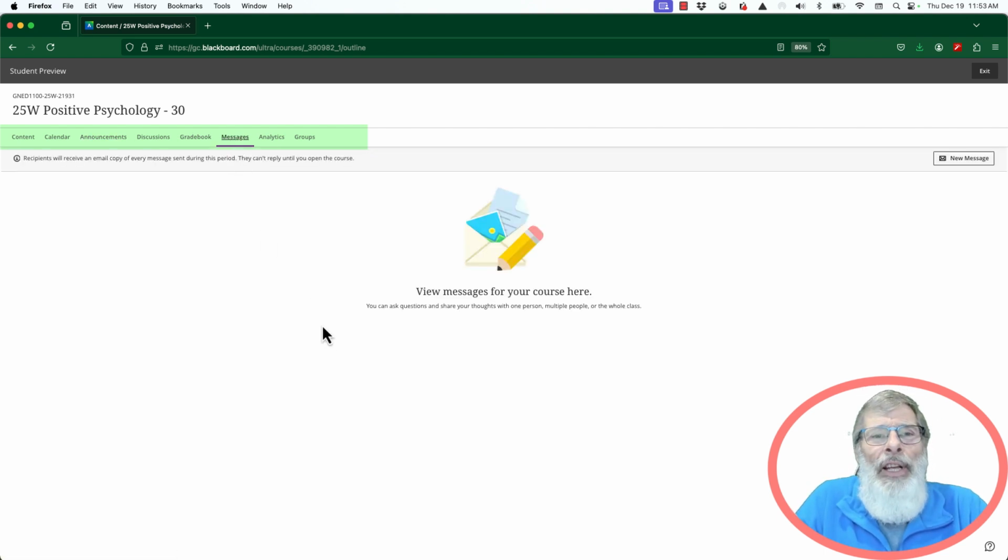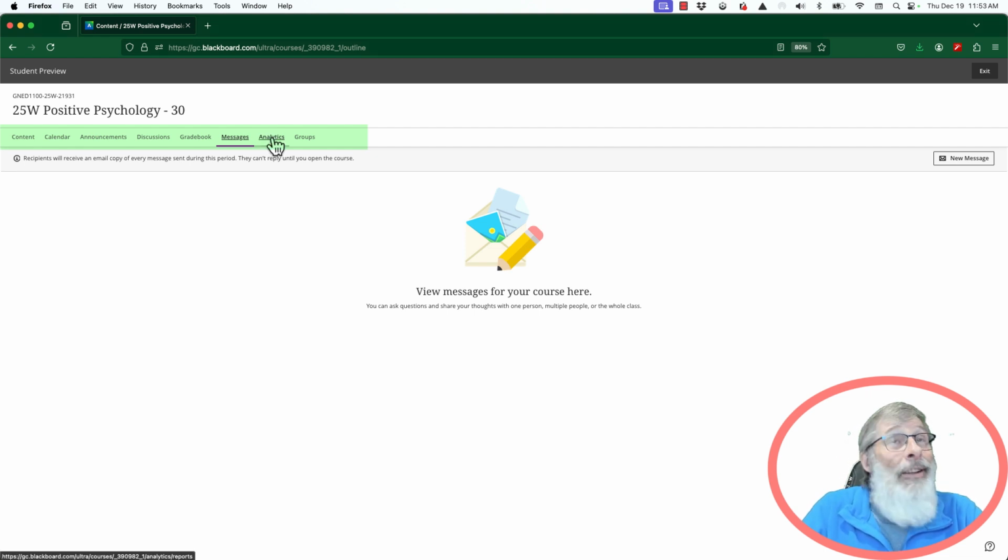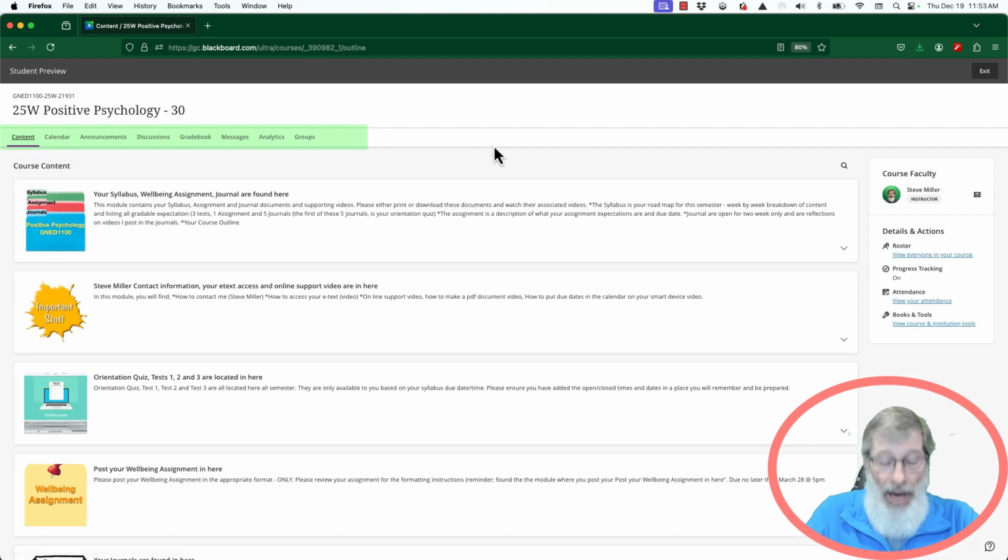Messages is a place that if you don't email, but you're in Blackboard and you might have a question, you can create a new message, start typing in my name in the search box, and my name will pop up. You can click on it and send me a message. It will indicate that I've got a message. Please make sure that you click on to send it as an email so I know that that's happened. Otherwise, it's quite possible I could miss it. Now, analytics don't apply in our class, and neither do groups. So the bulk of what we're going to talk about is right here in content.